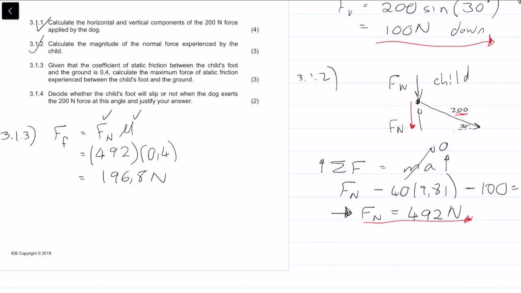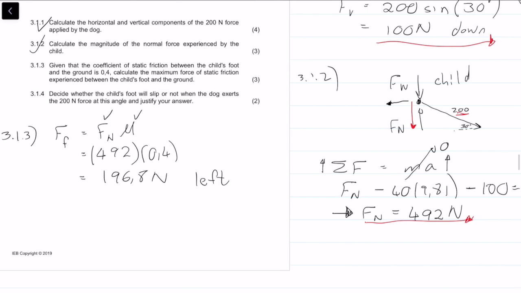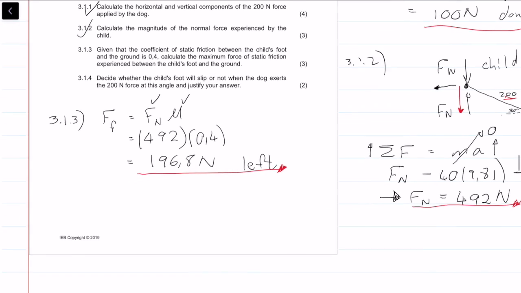And it does need a direction. The frictional force is going to obviously act in the opposite direction to his movement, so it's going to be acting leftwards. Okay, so there we go. That's our answer for that question. And now we have the last question,